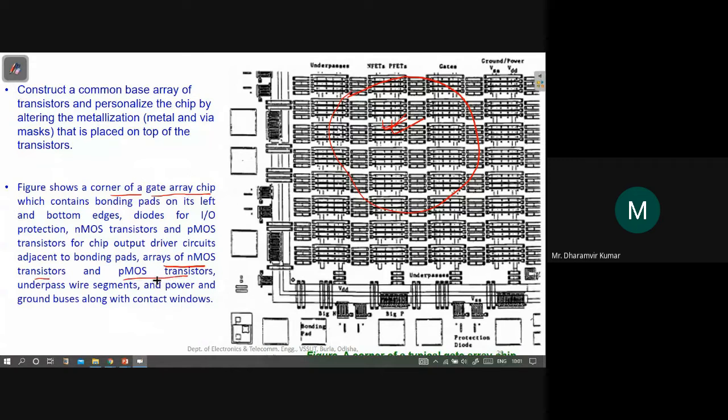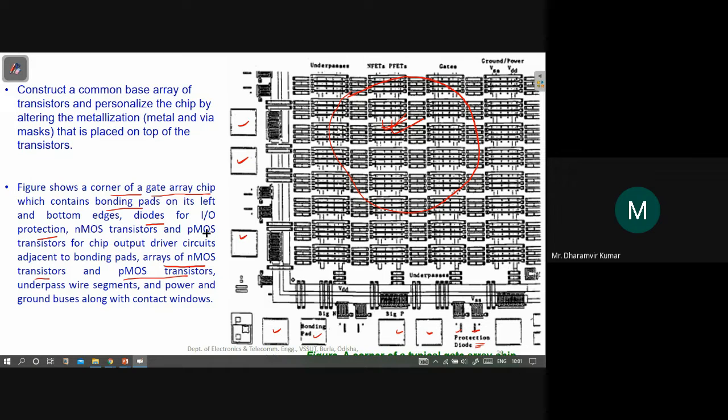In addition, we need some auxiliary elements for completing the system design. We will have bonding pads on its left and bottom edges. So these are the bonding pads, which will be used for pins for the signals entering in and going out. Then diodes for I/O protection, so these are the I/O protection diodes here.